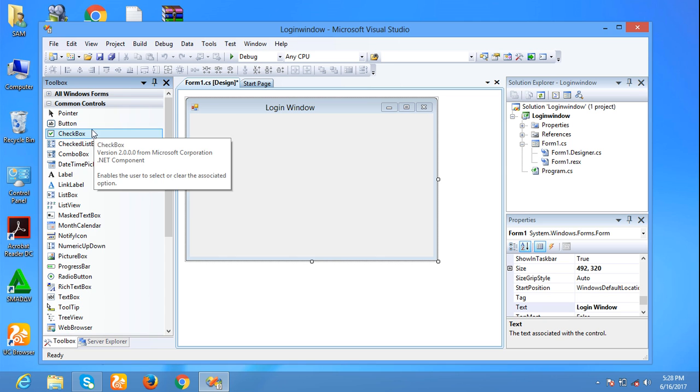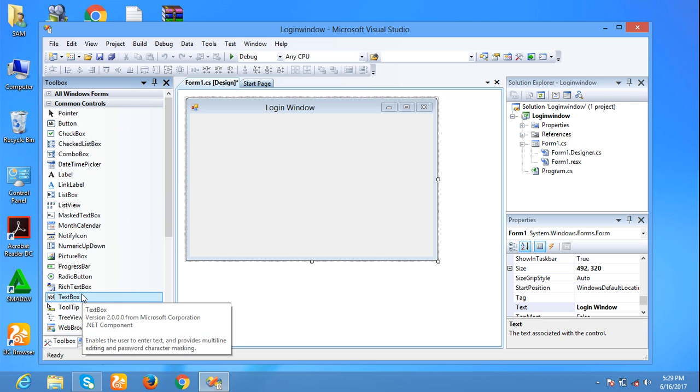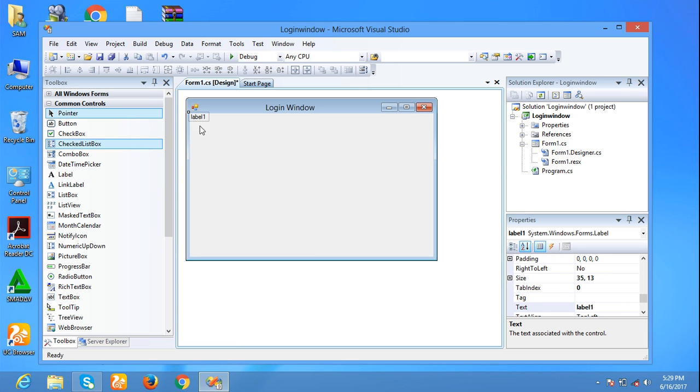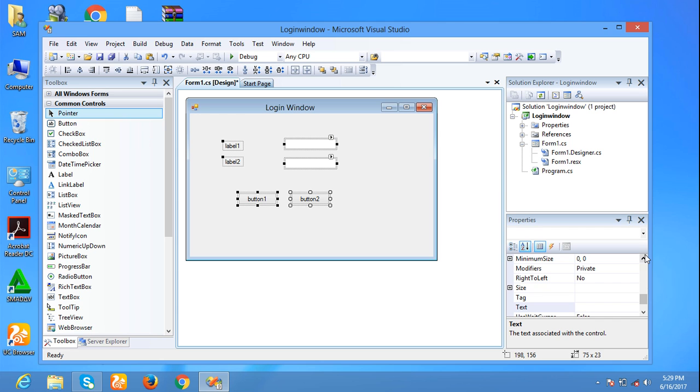Now I am using 2 buttons, 2 labels and 2 text boxes for designing the login form. I am changing the font style and the size.